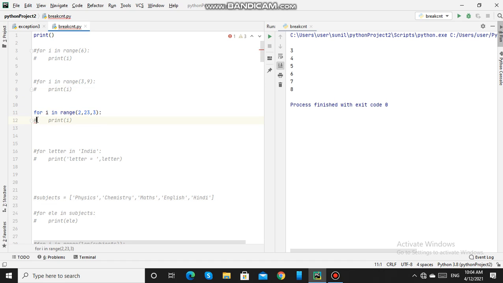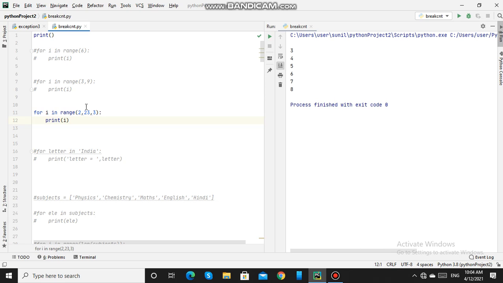So now we will see another example. Here we are having this step also. The range start index is 2, end index is 23. That means the range will start from 2 till 22, that is 1 less than 23.